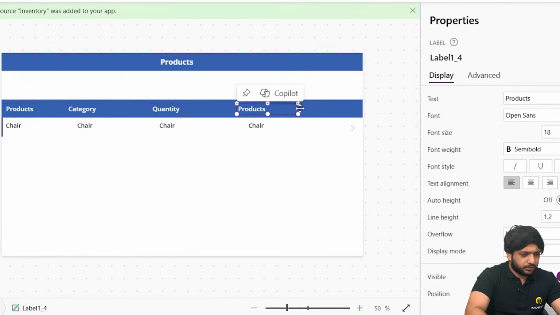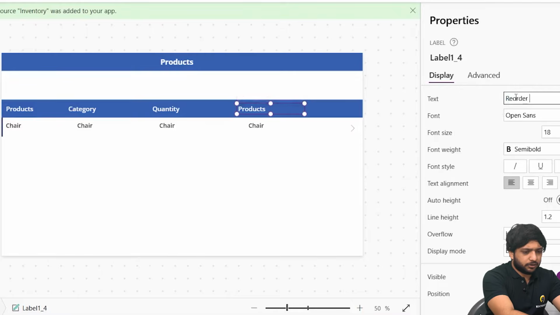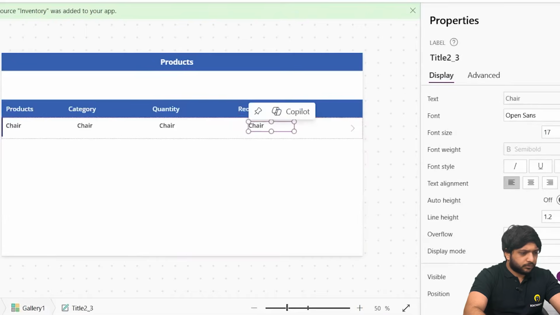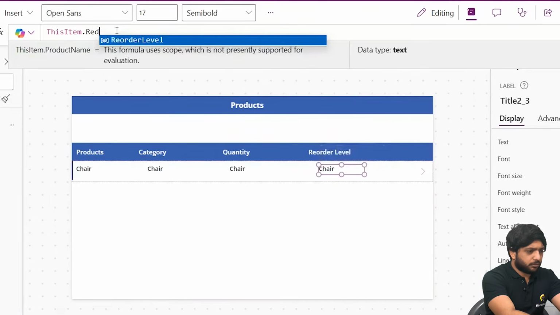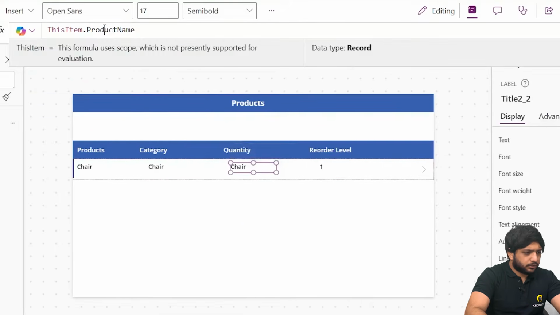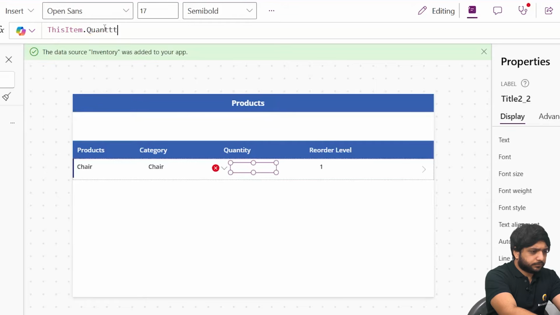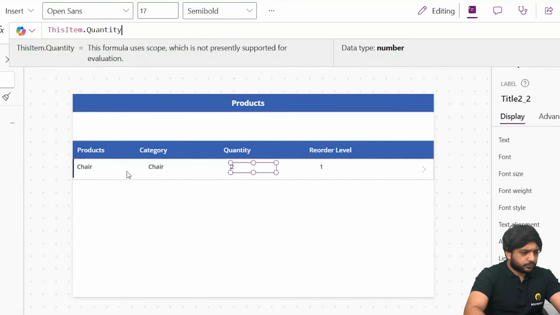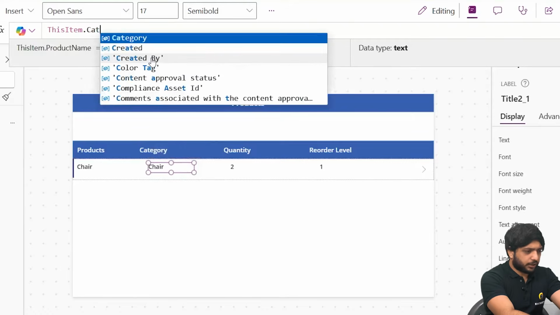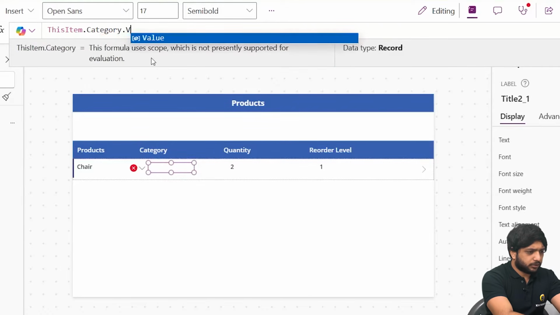I will simply increase the width and write reorder level. Now instead of product name, here will be reorder level, then our quantity, and in our category, which is a choice column, so I will write this item dot category dot value,